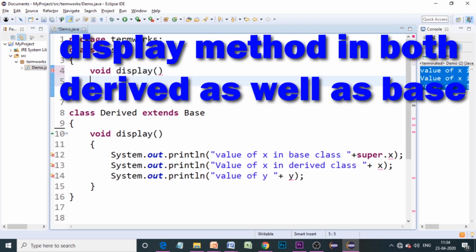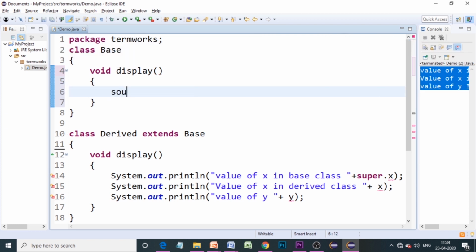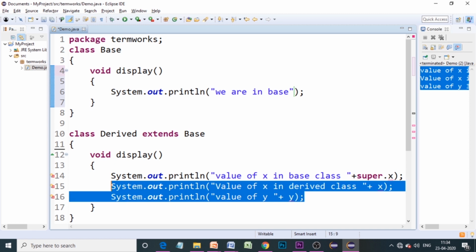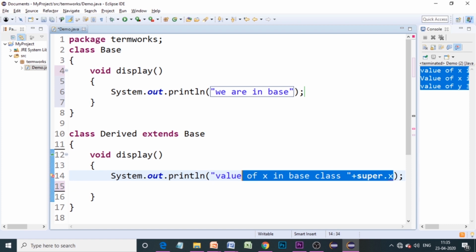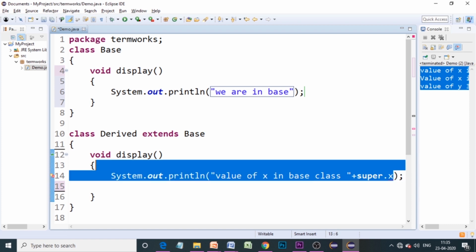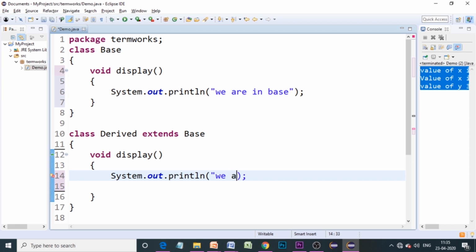In it, I'm just going to print system.out.println, let's print it as we are in base. And here also I'm going to remove all other additional statements, take only one system.out.println and put it as we are in derived.